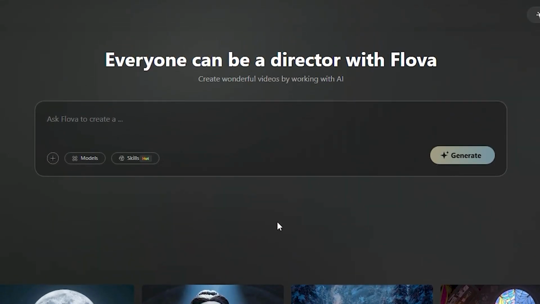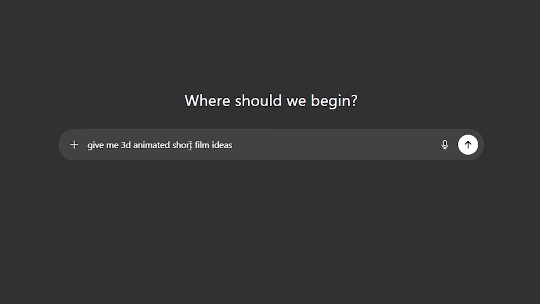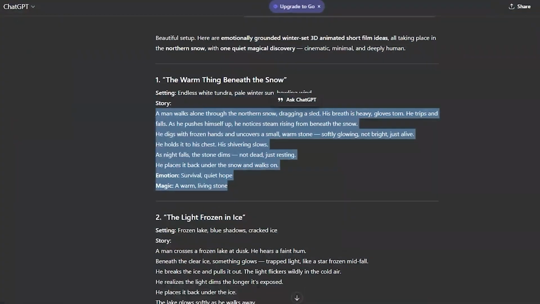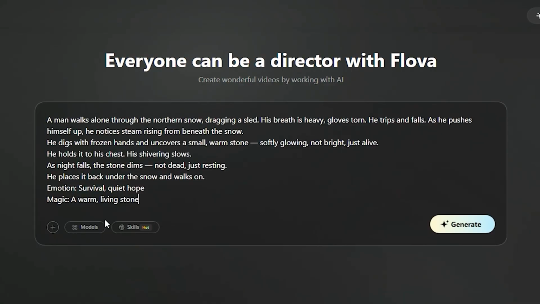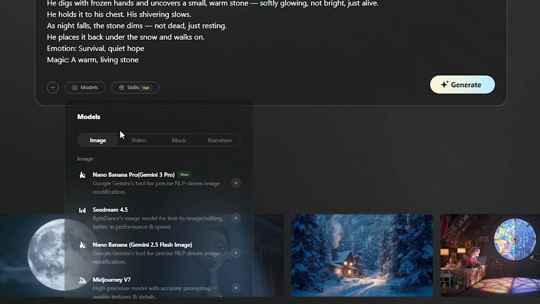Now here you just need to type the simple idea of your story, and for that we're going to head over to ChatGPT and ask it to give me 3D animated short film ideas. I like this one, so I'm going to simply copy this, and if you have your own idea, you can simply paste it here. Now once we have it, we're going to head over to the model section,